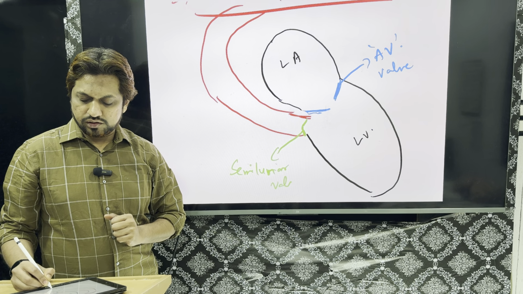Why it is known as the isovolumic contraction period is that the volume remains the same, because the input from the left atrium to the left ventricle is absent, and from the left ventricle to the aorta is also absent. So the ventricles contract while the volume of blood remains the same, because neither is blood coming from the atria to the ventricle, nor is blood leaving the left ventricle to the aorta. This is the isovolumetric contraction period, and it lasts around 0.05 second. Here both the AV valves and the semilunar valves remain closed, and the pressure in the ventricles gradually increases